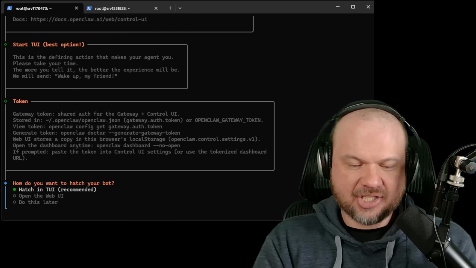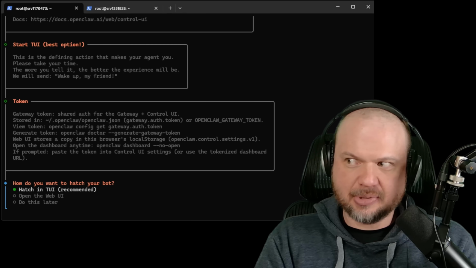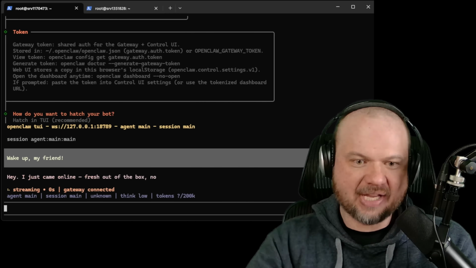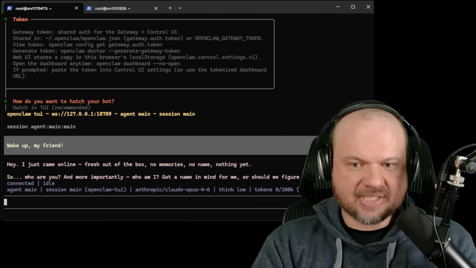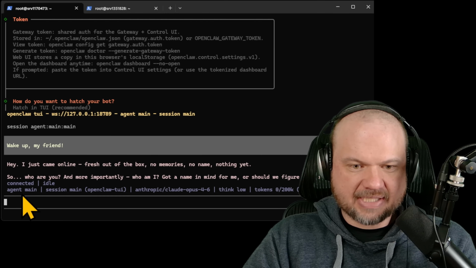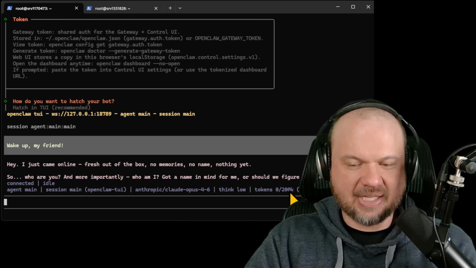All right, next you have hatch in TUI, recommended. TUI is this text user interface, similar to what you're doing now. So literally if you hit enter, it will connect and wake up your agent right here. This is kind of my go-to. This is my favorite. All right, so notice it's connected, it's idle, it's agent main, session main, OpenClaw TUI, Anthropic, we're using Claude Opus 4.6, thinking set to low, and here's your token count, how far into the context